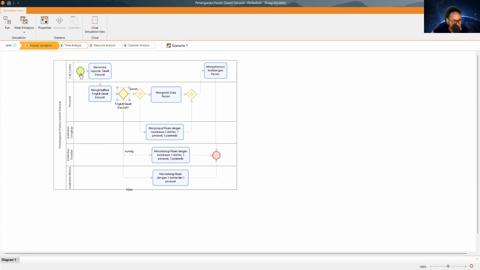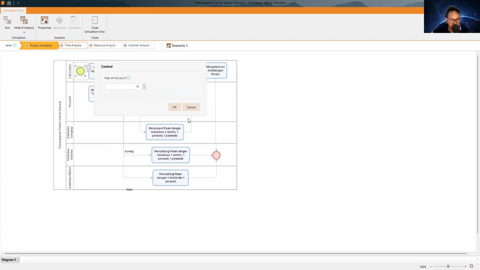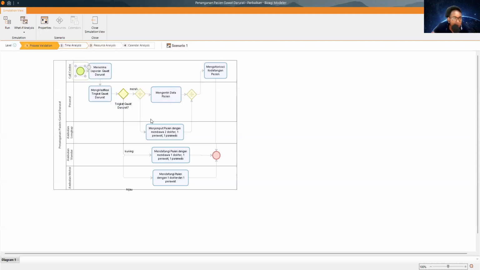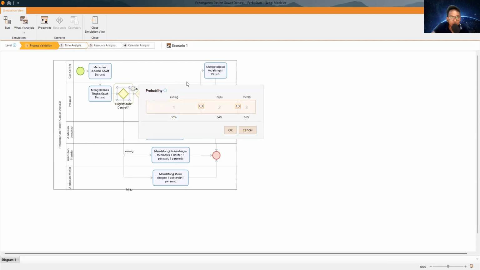In the start event, we must input the data. Let's say in this part we need 20 patients. Click OK.